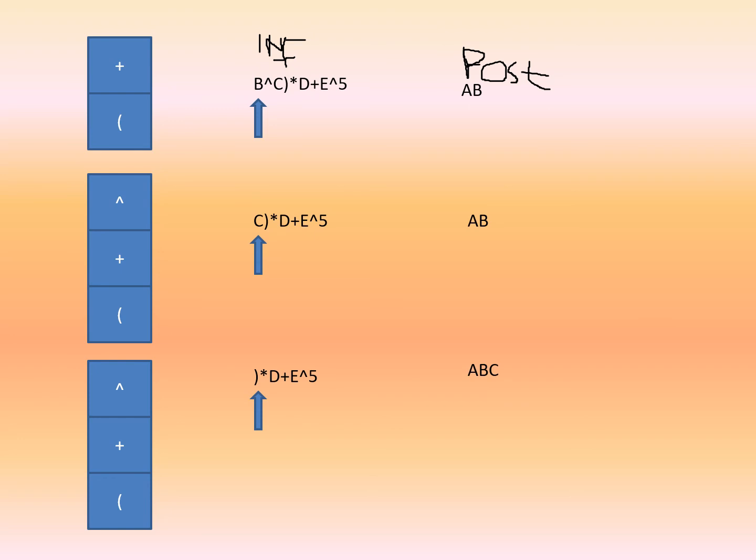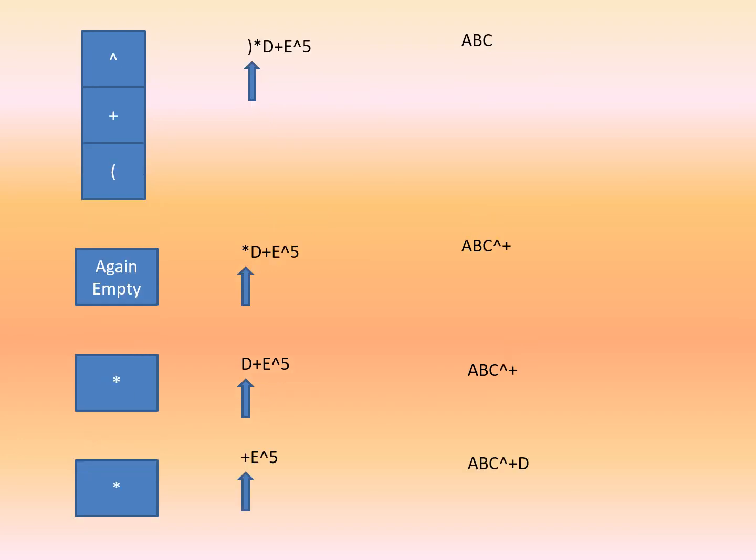Comparing cap and plus, cap has the higher priority, so cap will be present here. And next the stack contains plus, cap and plus, and next we have another bracket operator. Since there are operators in between the brackets, they will be pushed into the postfix string and the stack becomes empty. Cap has the first priority, so cap is placed first, and the plus operator is placed next.